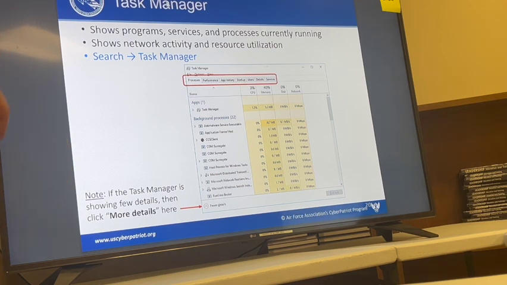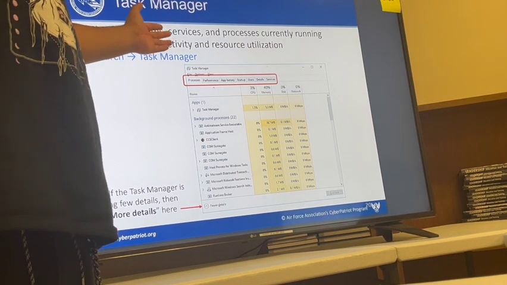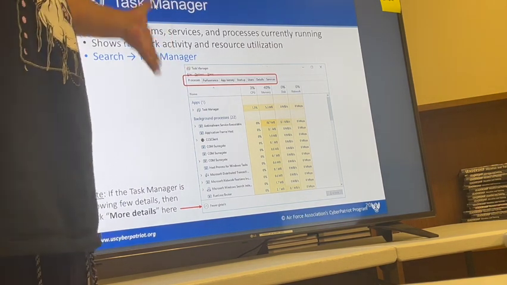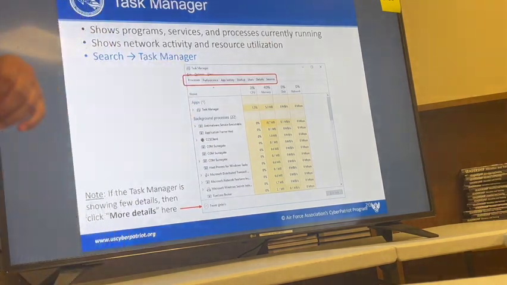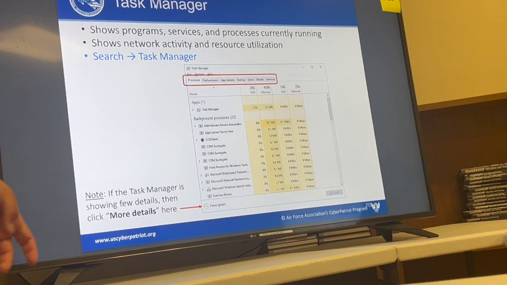Task manager shows programs, services, and processes currently running, and shows activity and resource utilization. Essentially, this is just a tab of what is running in the background of your computer. Here there's Task Manager, which is what it's called, and that's the one thing that's on right now. Background processes are the things running in the background, like Windows Defender, System32, basically everything